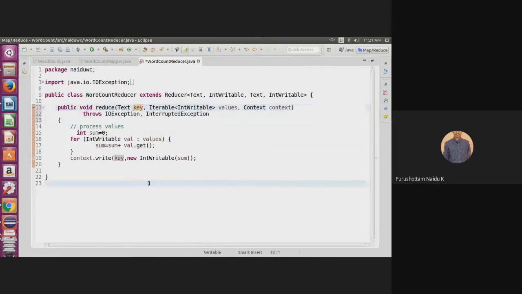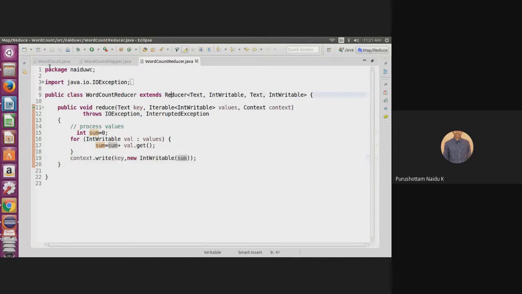Fine. So the key is a token, and this is the total sum of each and every token. Likewise, we are displaying the output of the reducer. So till now the reducer code is completed.